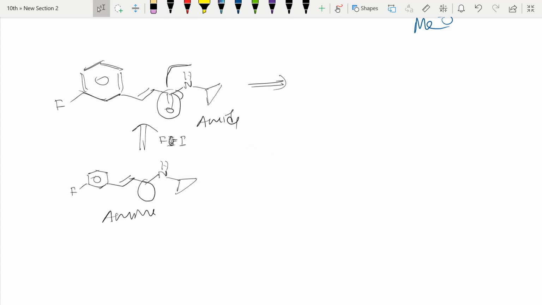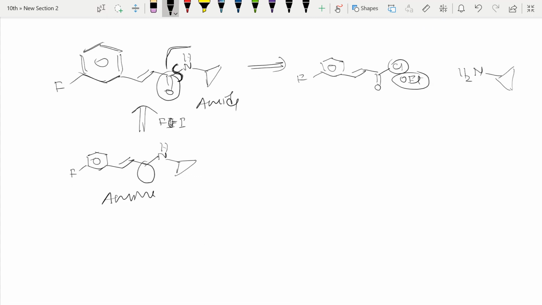Where will you split? Here only you will split carbon and nitrogen, because a heteroatom bond can be easily formed. So in retrosynthesis we always cleave the heteroatom and carbon bond, right? So I will cleave, so I will get this product, CO plus. Instead of plus I can write Cl here, right? Or COOEt also you can write, because Cl is a good leaving group, OEt is also a good leaving group, right? And here simply write NH2 like this, right?